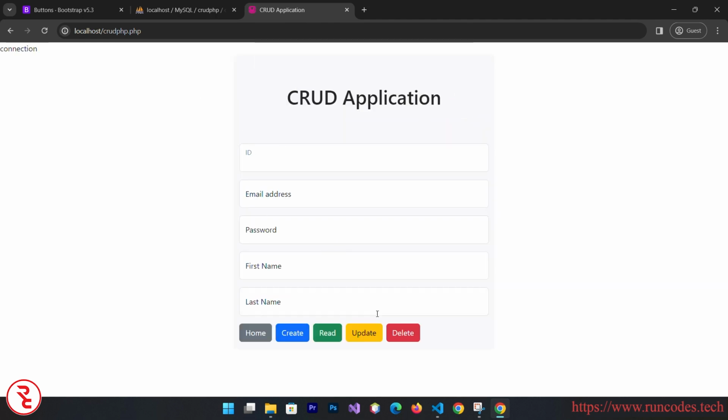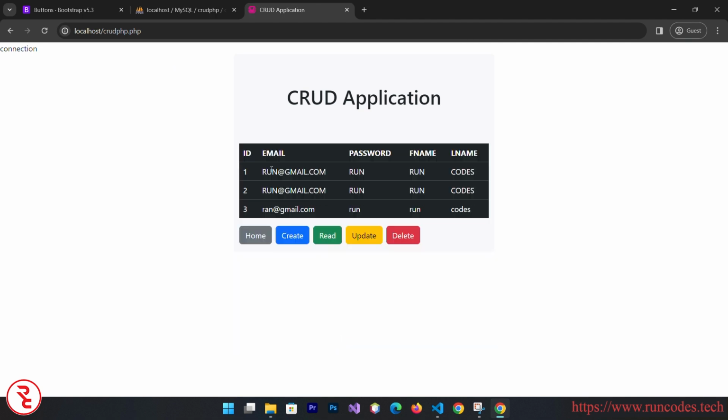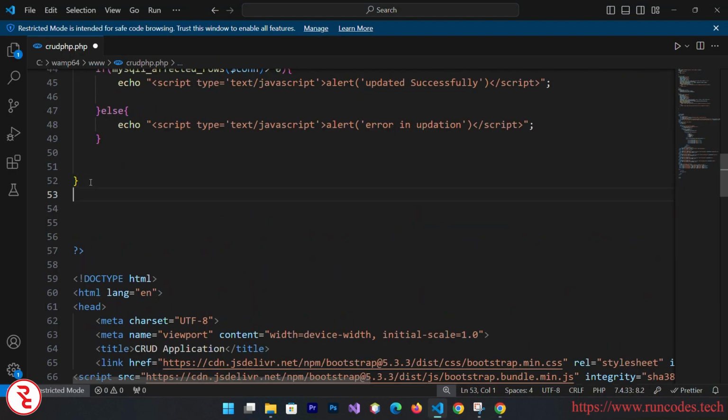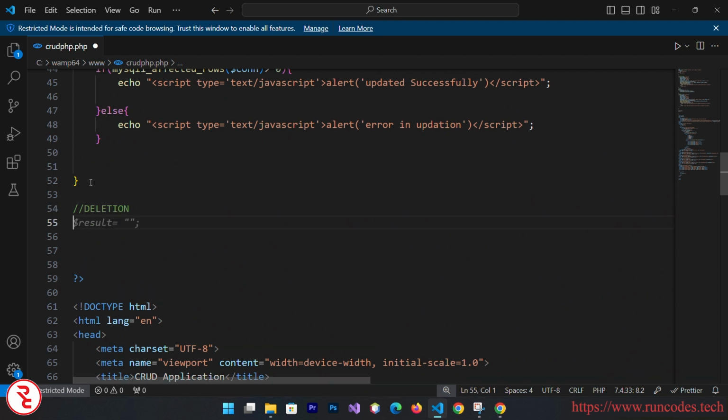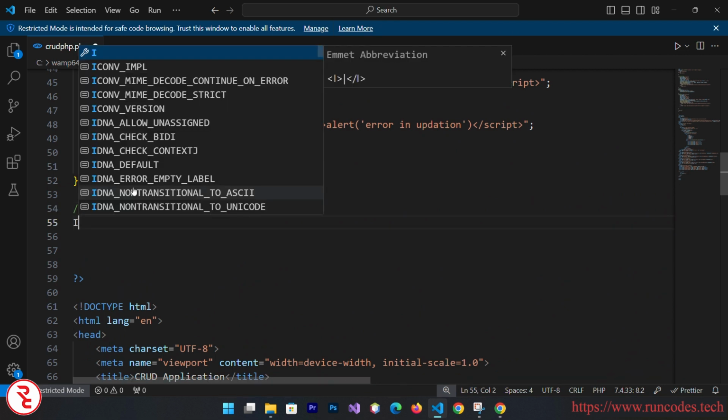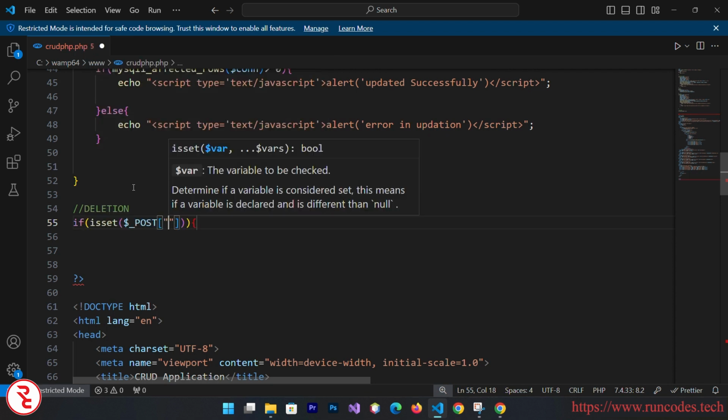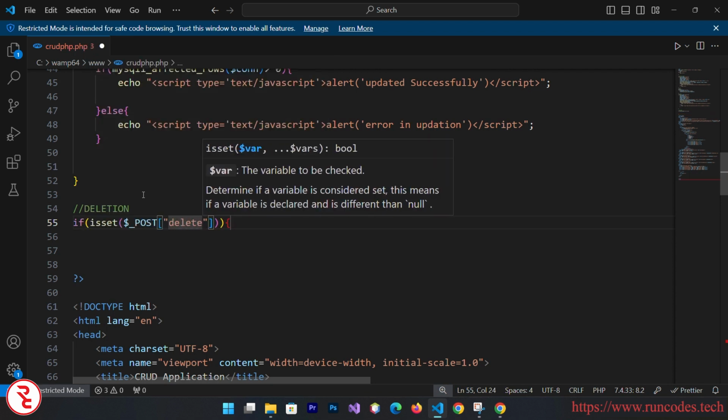Now let's check whether the data is updated or not. Click that read. There you can see previously it is empty, now it is updated. Now let's write the code for delete. Go back and here deletion. The process is the same. If isset delete,